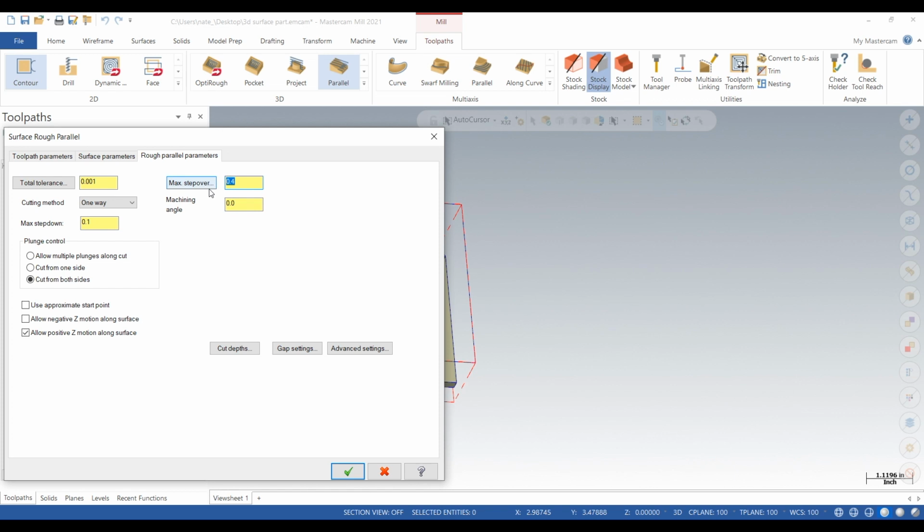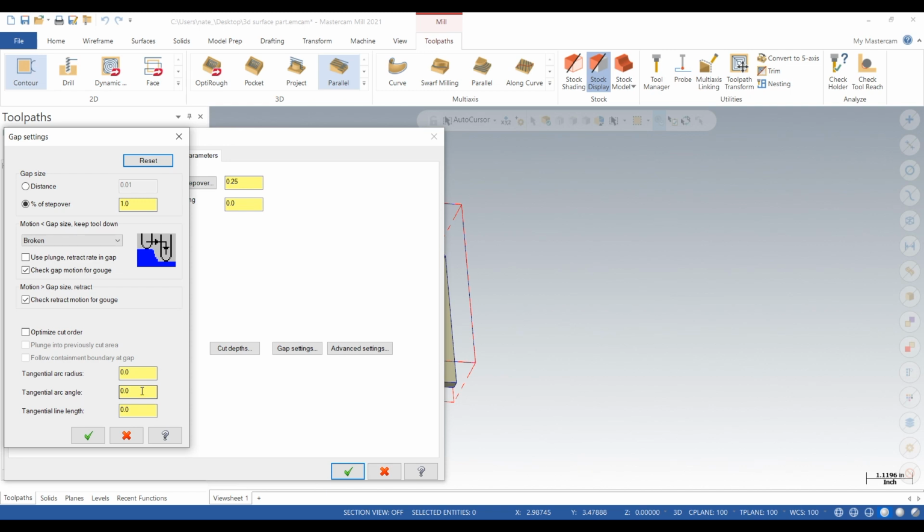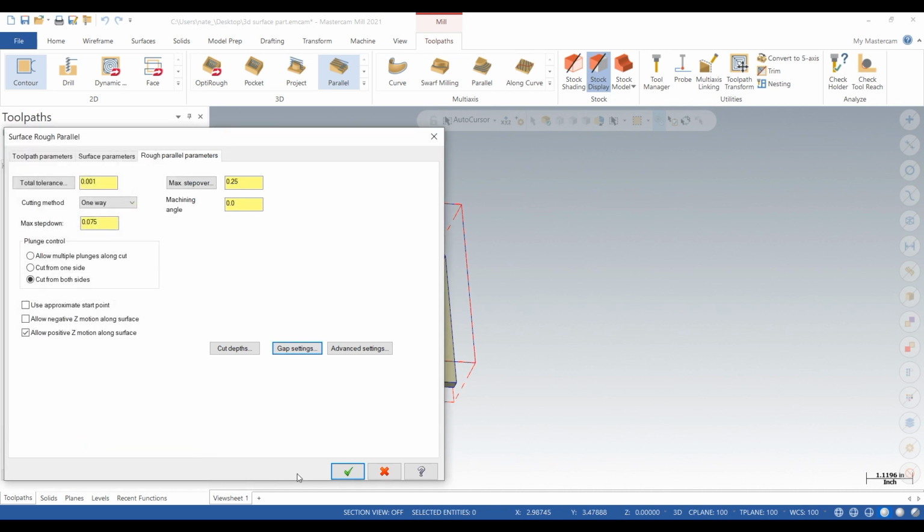Step over, we'll go 1/4 inch. Step down, not 25, we'll do 75 thou. Let me type in 1/4 inch there, okay. Gap settings, tangential line length, where you go about 50 thou past the radius of the tool. So that's just going to make sure it starts off the material. Click the check,